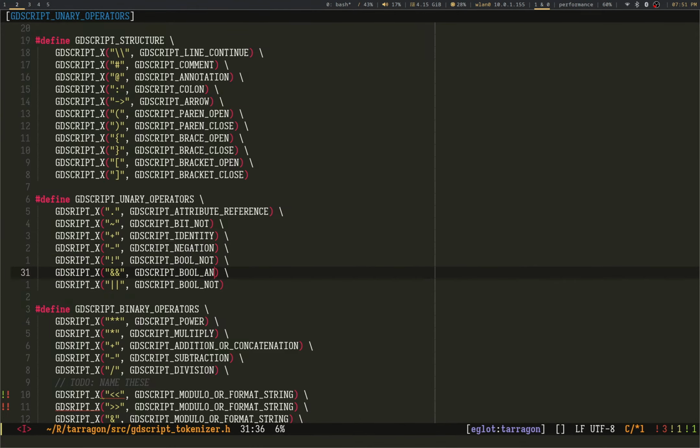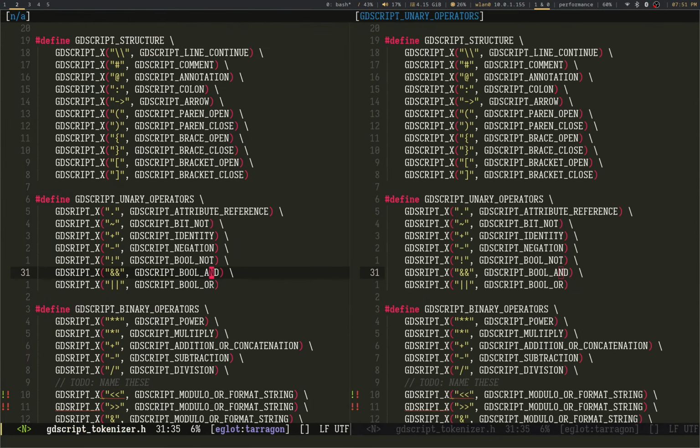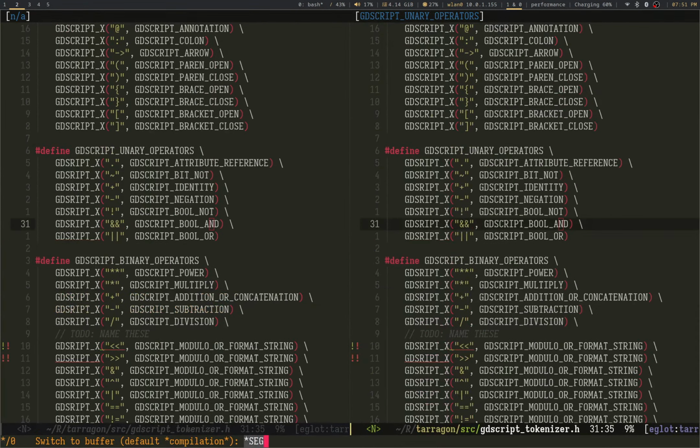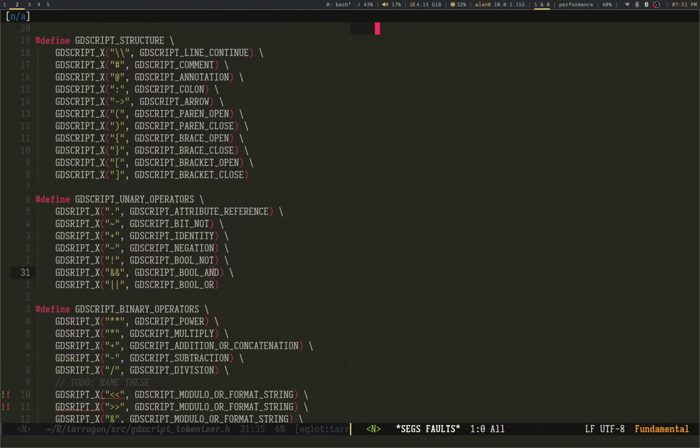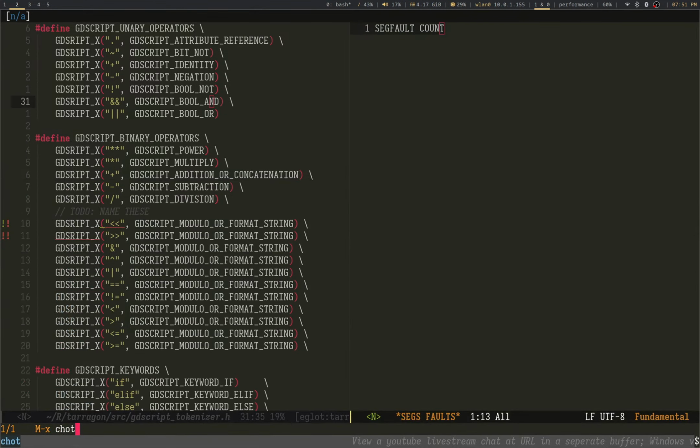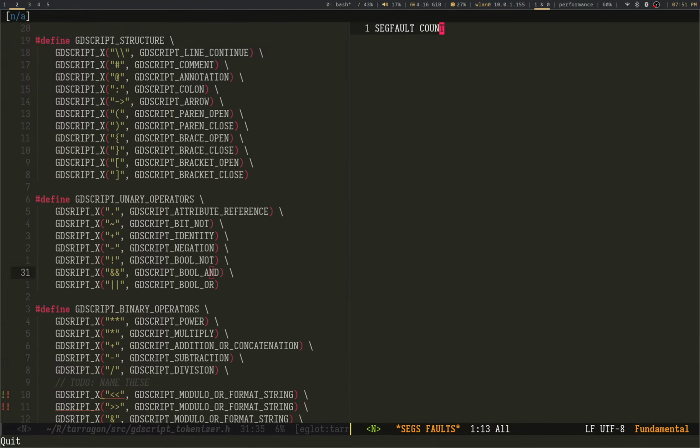Boolean and or as some people may know them. Speaking of segfault, and this is another reason why I like Emacs, I don't have it working. You know, I might try the chat standalone. Segfault count 0.